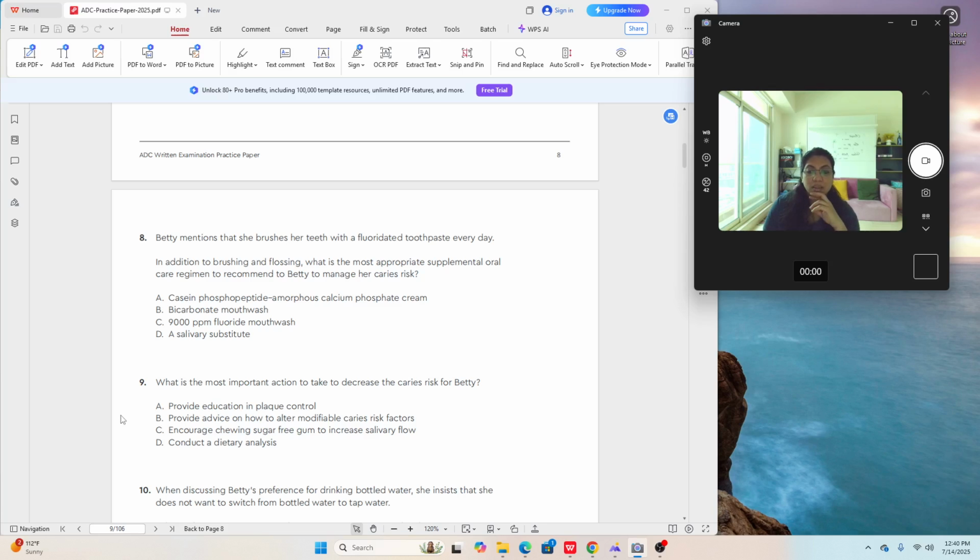Encourage chewing sugar-free gums to increase salivary flow. Salivary substitutes are also great options, but is it the most important thing? No. Conduct a dietary analysis. You can do that, but that is also not the most important action. All four options are correct, but if I have to choose one thing,